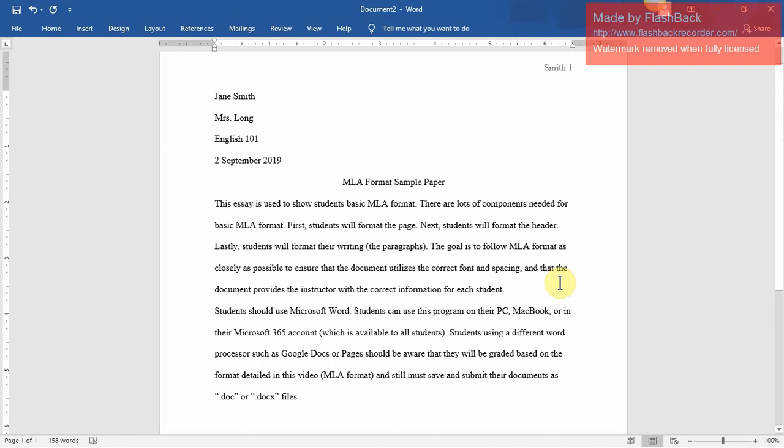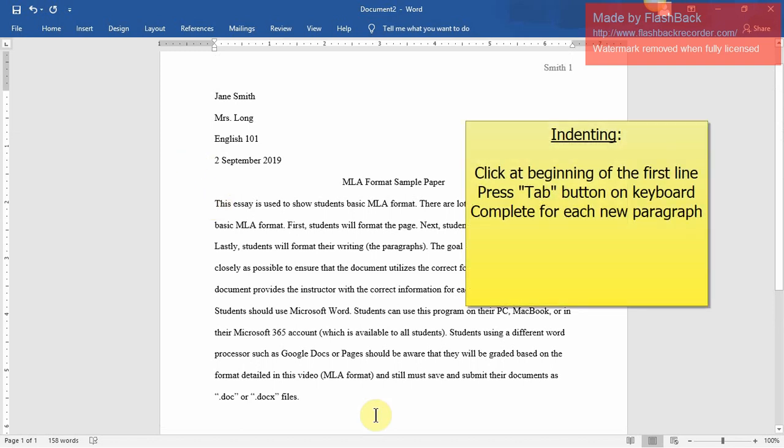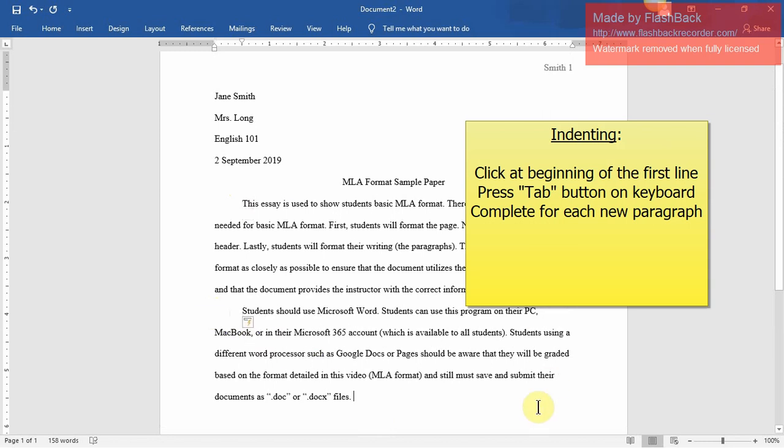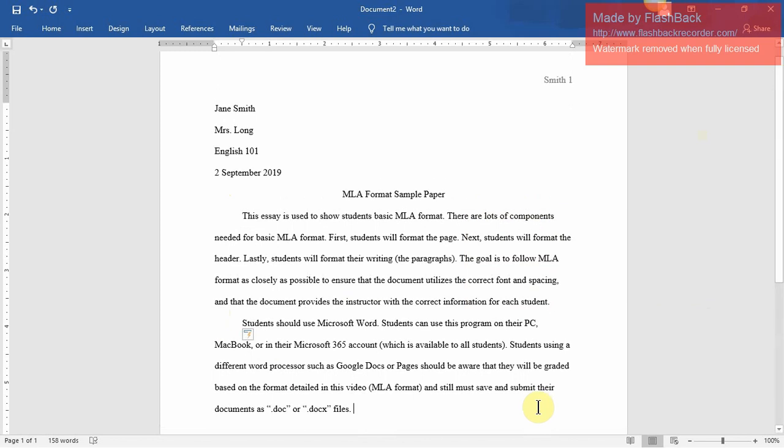The last thing that we want to do is indent the first line of each new paragraph by pressing the Tab button once on your keyboard. This also helps with readability, and it ensures that the paragraphs are fully formatted. This provides you with a brief introduction to formatting your paper in MLA style using Microsoft Word. We will learn more about other aspects of this program